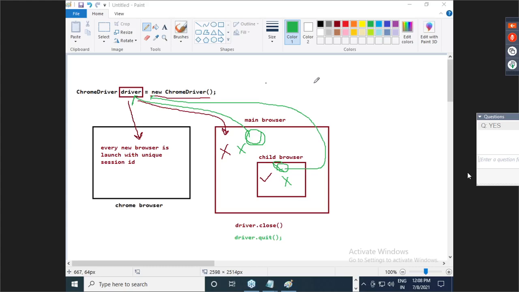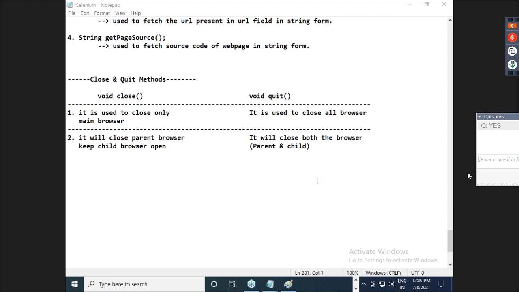So guys, now I guess we can write the difference between close and quit. Okay. Guys, write down this difference. Then copy the paint screen and then copy the program. Okay. Once done with the copy, let me know.